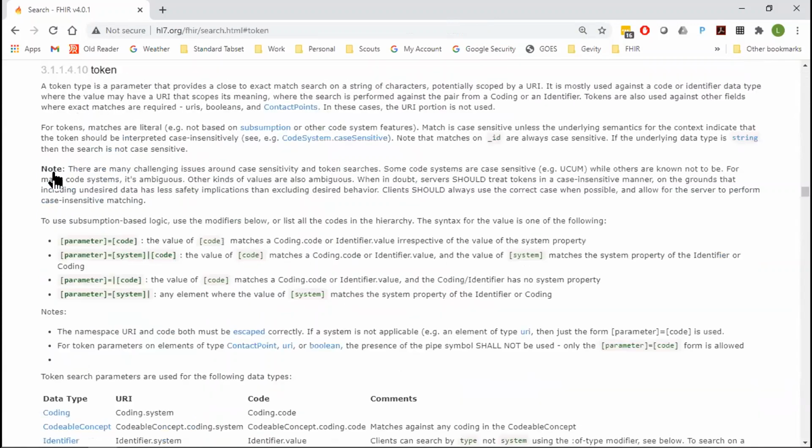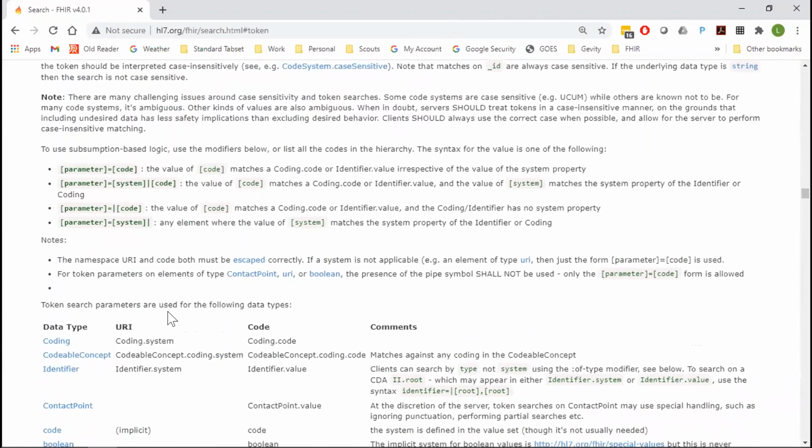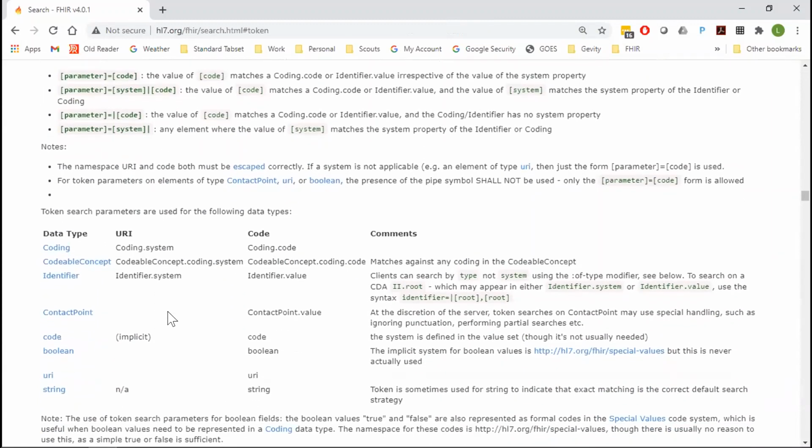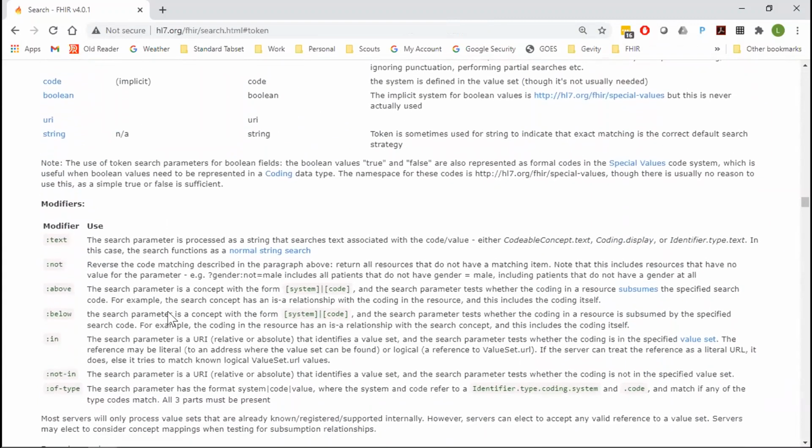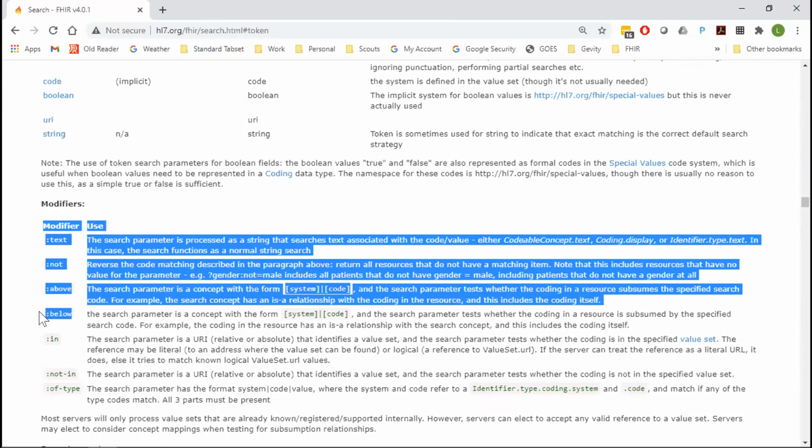And token is one of those. Token says you can specify a code, or you can specify a system and a code. And there are some qualifiers there in terms of matching on text or matching using subsumption and stuff like that. Not all of that will be relevant for something like status, but as an example, you could, using SNOMED, say